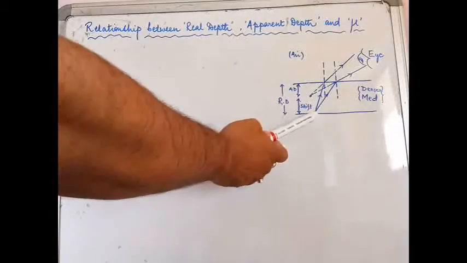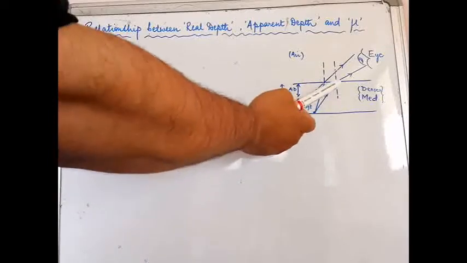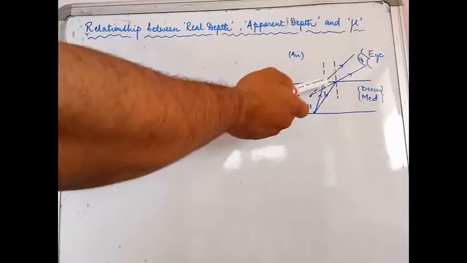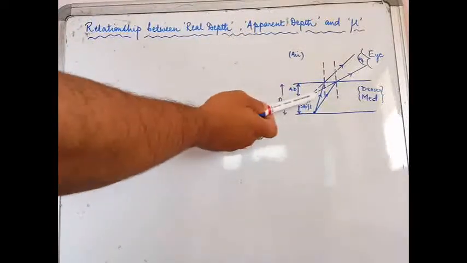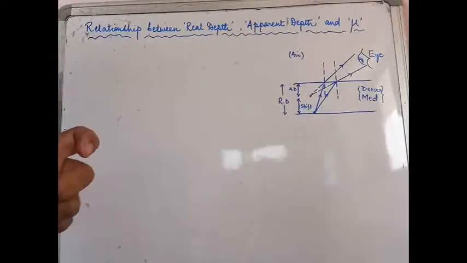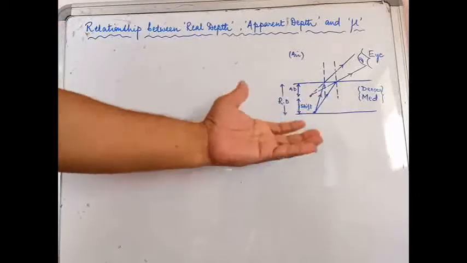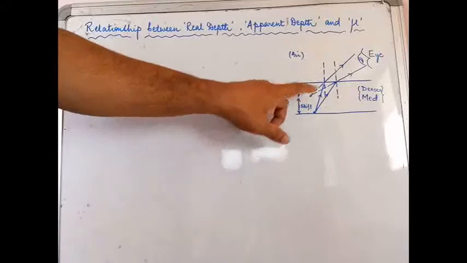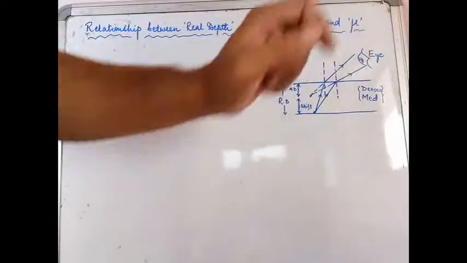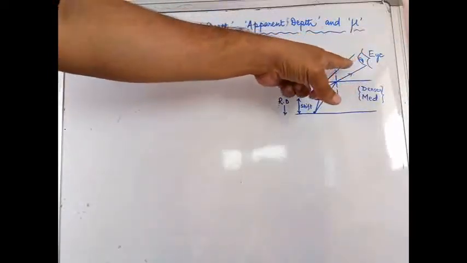As you have seen, for image formation we will always draw minimum two rays. So these are the two rays that are coming out and they are diverging away from the normal. Okay, so we will produce them backwards with a dotted line, because this image that will be formed will be the virtual image. This object we will call the real object, because that's where the actual object is. Whereas to the eyes of a person who is watching from the air, if he observes the coin, he will